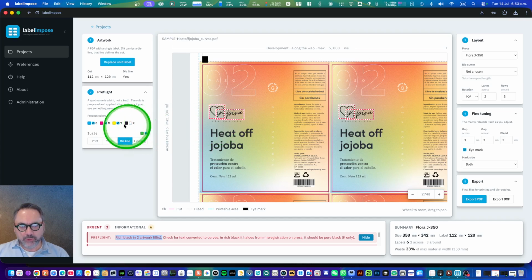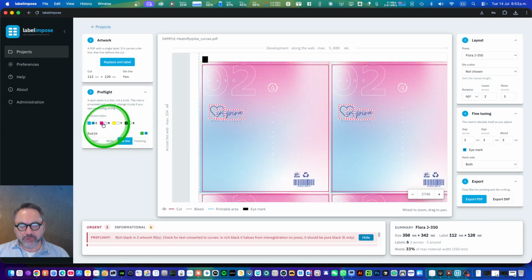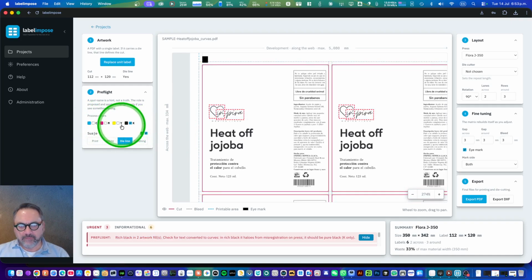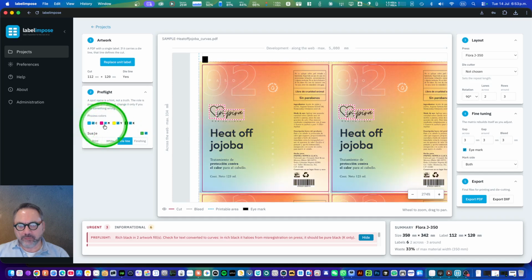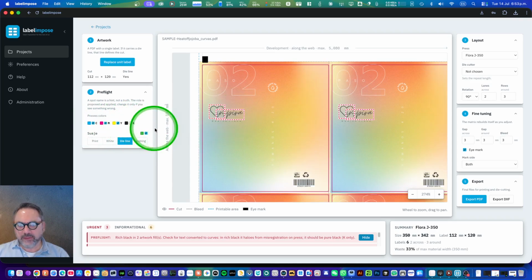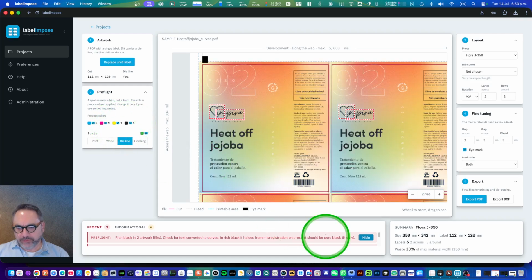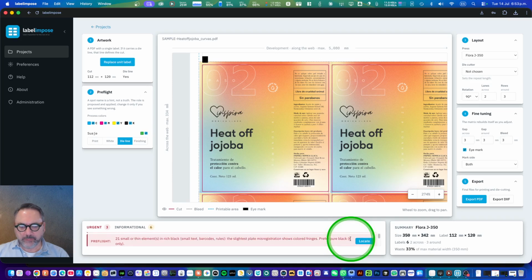We can use the pre-flight area to turn on and off the different channels and separations in order to understand if that's a real problem or not. In my case, I believe it is not, because it is kind of blended with the image below. But it's good that the software tells us, look at this and decide if it's a problem or not.